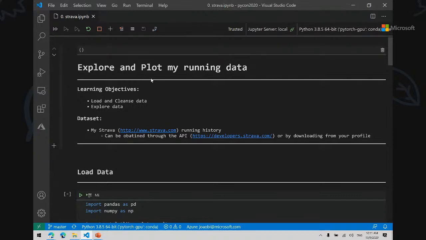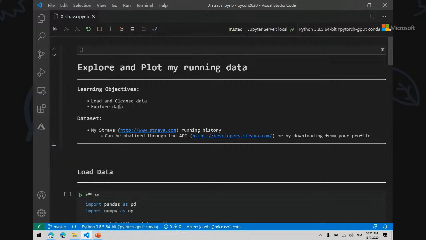Now, if you saw some of the intro videos that we put on Twitter around our session, you see that I like running. So I have all of my running data and some swimming and cycling data on Strava, which is, think of it as almost like a Facebook for sports. You can record all of your exercises from whatever device you're using into that platform.